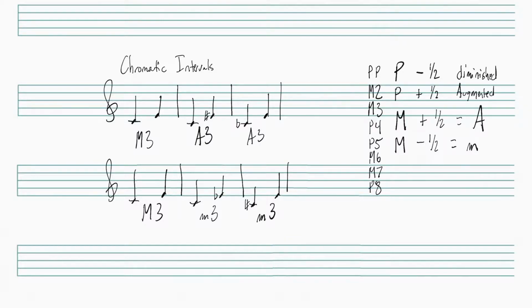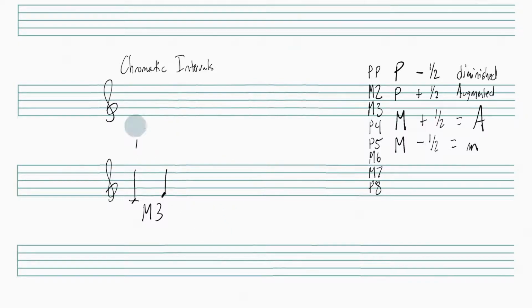Now, this same idea can be applied to the major second, major sixth, and major seventh as well. So let me show you some quick examples of that. Again, all we're doing is taking this diatonic interval and widening or shrinking it by a half step to create our chromatic intervals. So if we were to do C to D, it's our major second. A minor second,